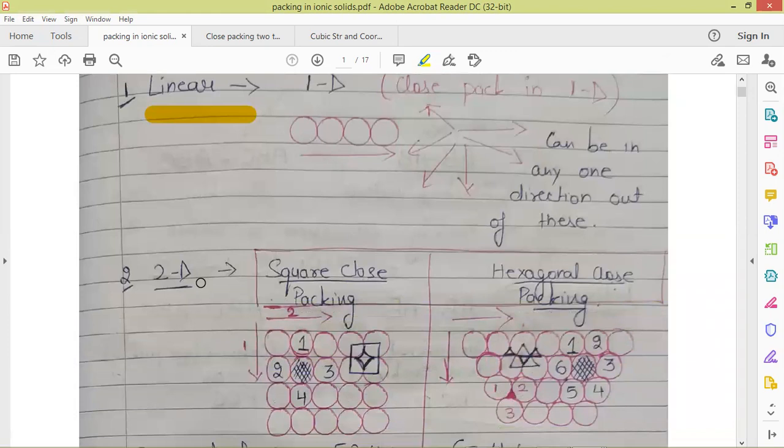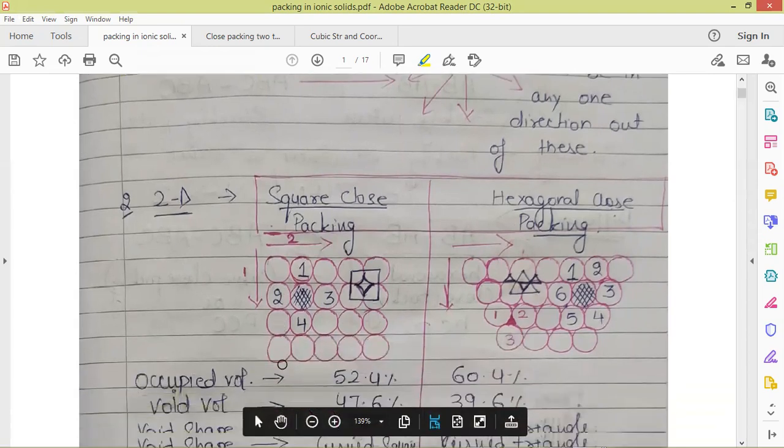In the case of two-dimensional packing, say we have a box and there is a base, and we are putting the spheres all over this base of the box. In this type of two-dimensional packing, the spheres can be packed in two ways. There are two types of packing in the two-dimensional system, that is square close packing and hexagonal close packing.